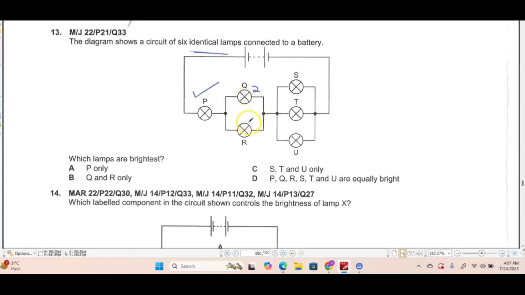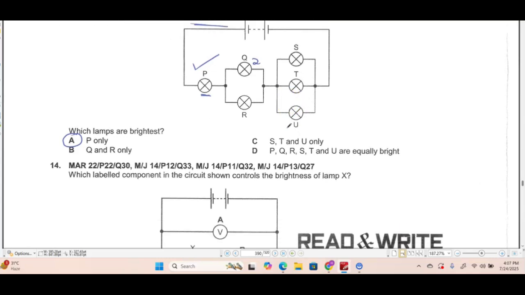So as the resistance has decreased, this lamp is going to be the brightest. So A is going to be our correct option. Always remember this principle that when resistors are connected parallel to each other, their combined resistance is less than the smallest resistor's resistance. So B is our correct option,